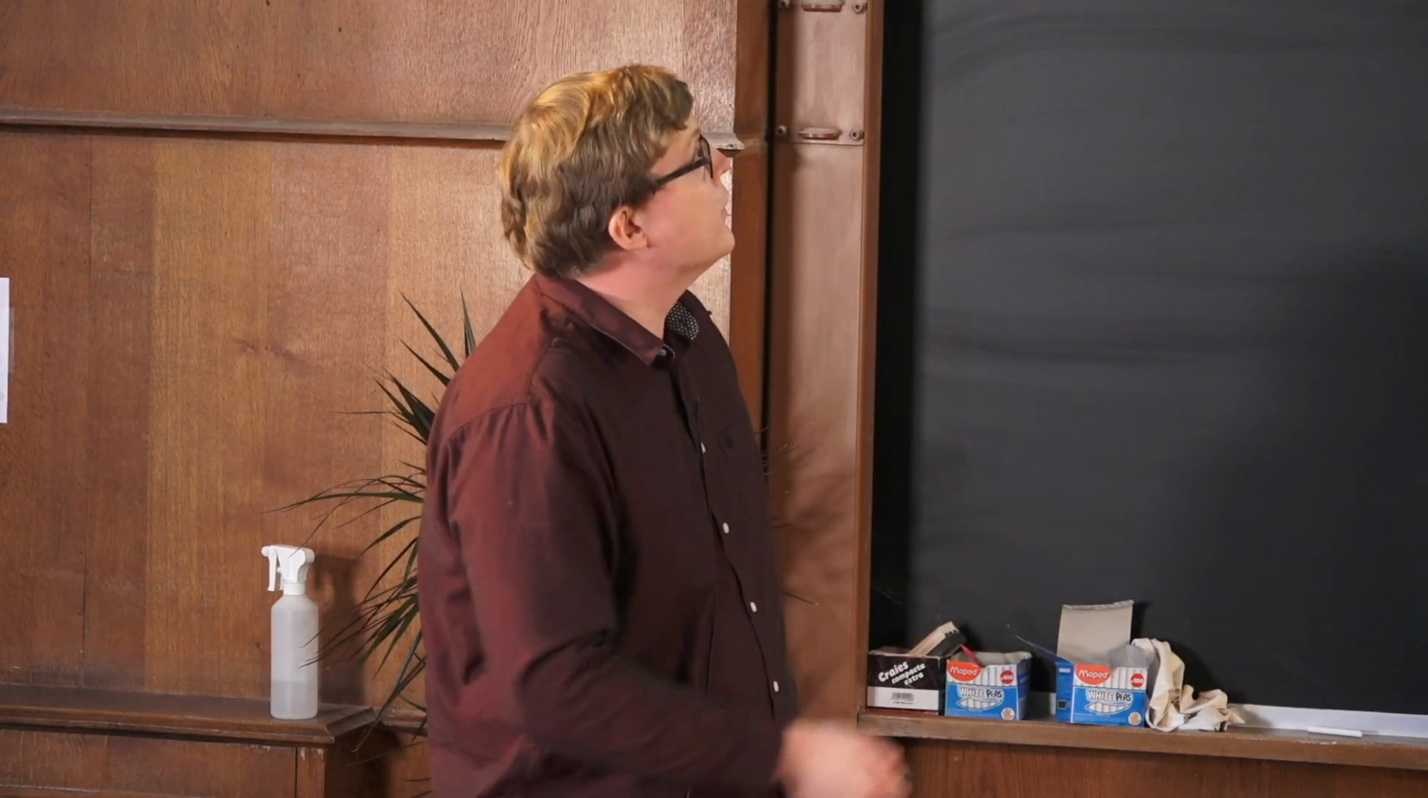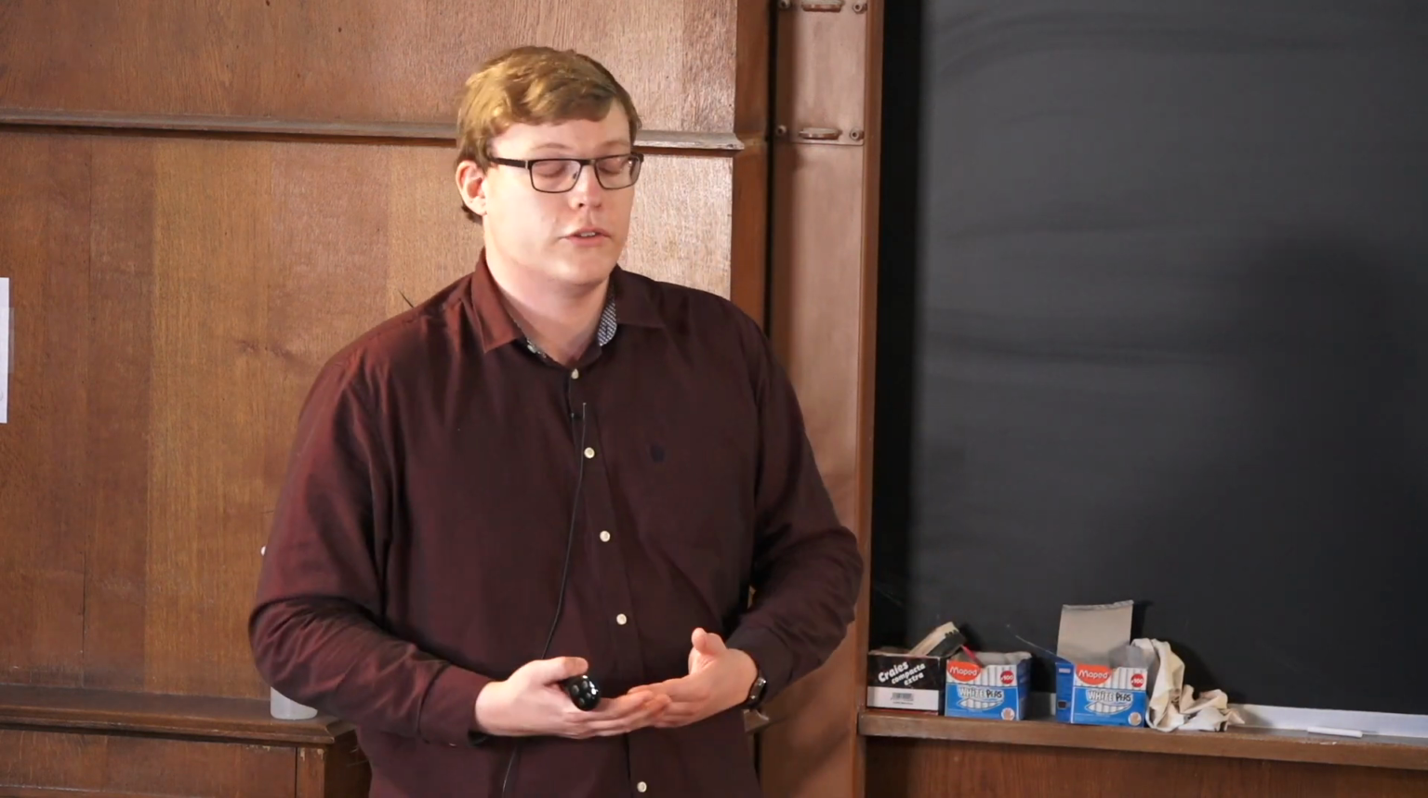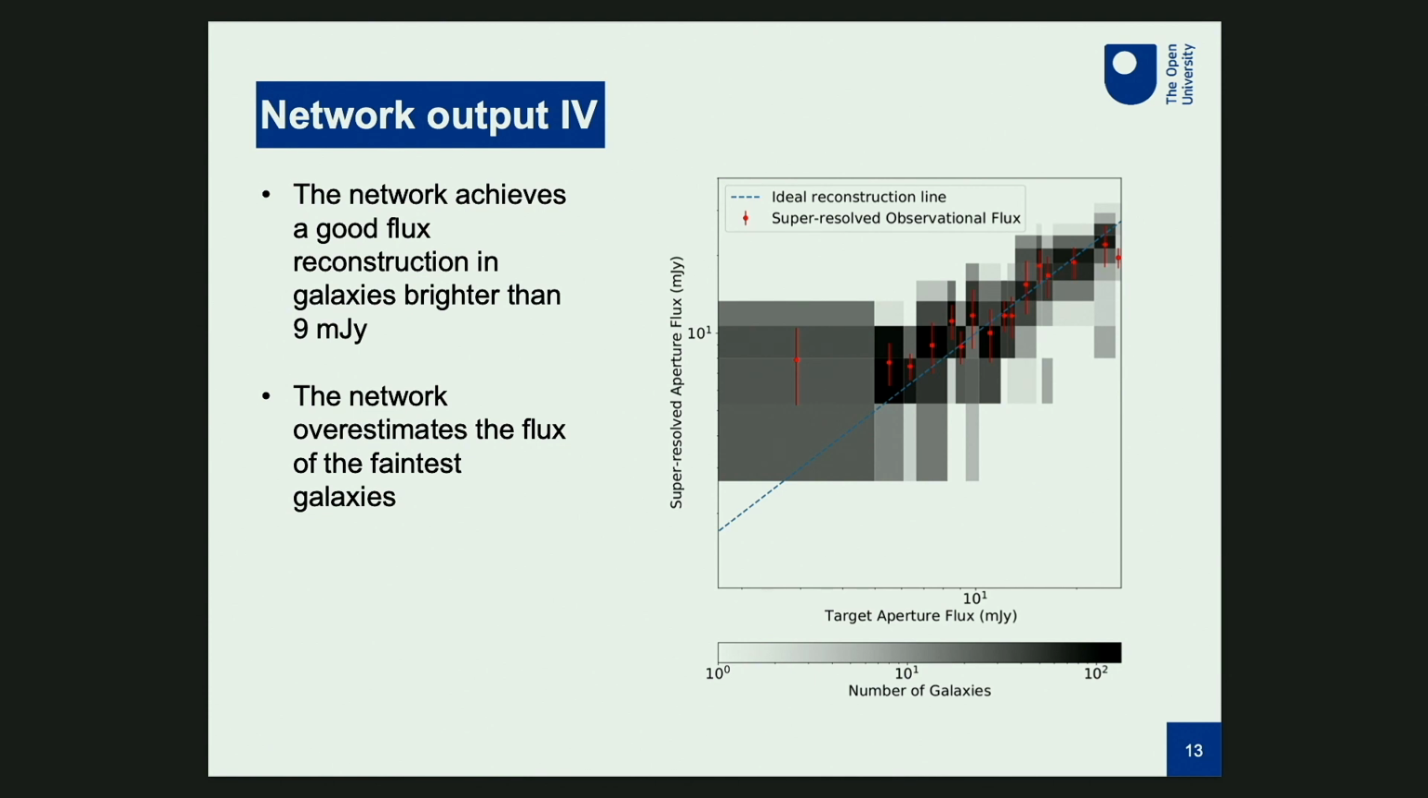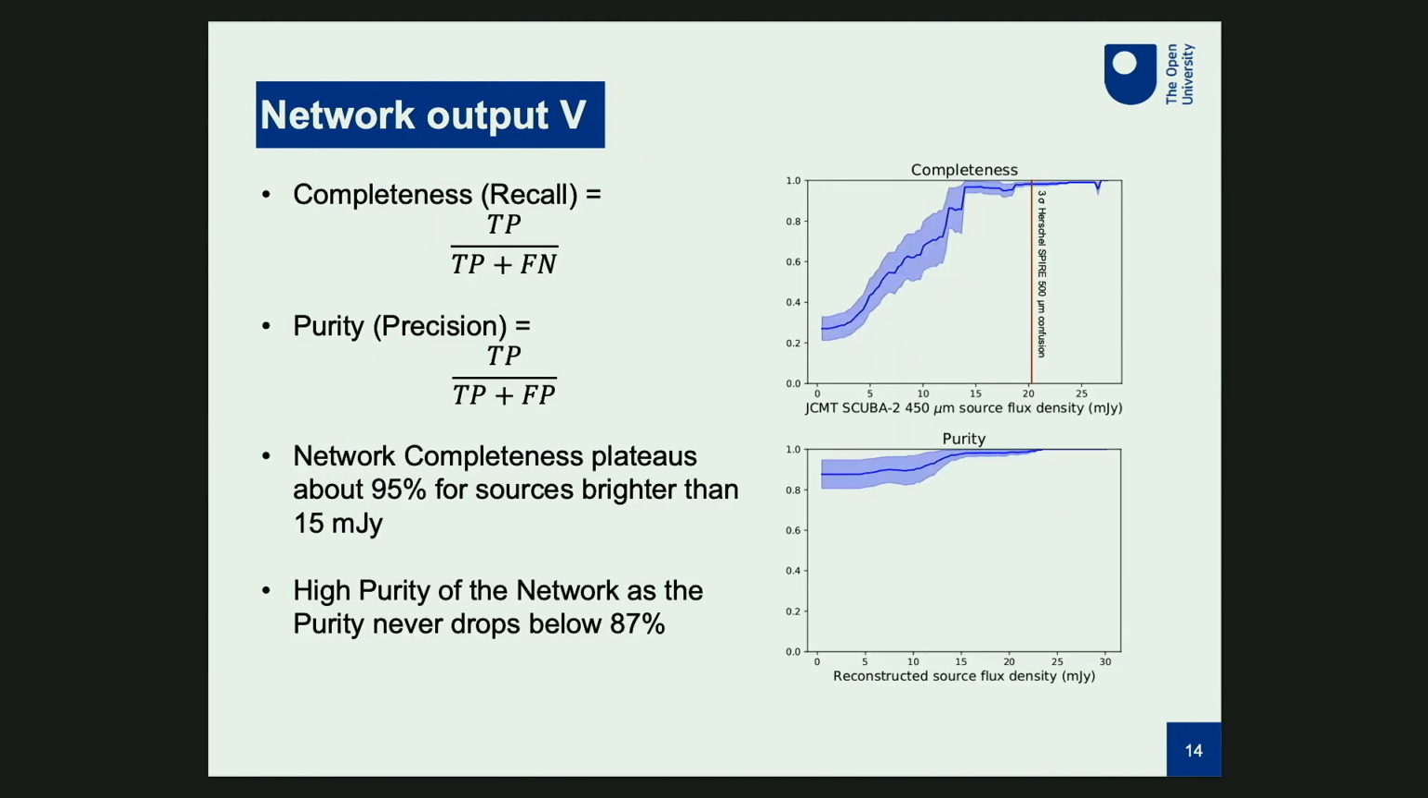The next part, of course, is the source fluxes. In this plot, we have the target aperture flux on the x-axis and the super-resolved aperture flux on the y-axis. We find that, inside some scatter, we have a roughly one-to-one correlation between the flux that we predict and the flux that we would hope to predict based upon the target aperture fluxes, down to a target aperture flux of about 9 millijanskys. At sources fainter than 9 millijanskys, we seem to continuously over-predict the source flux. But that is still a significant improvement when we compare that to the 3 sigma confusion noise for the Herschel SPIRE 500 micrometer data, which is around 20.4